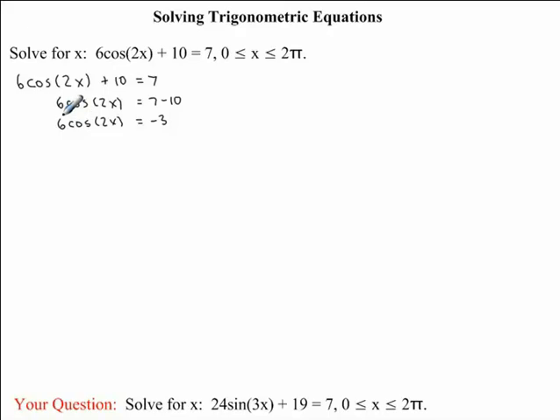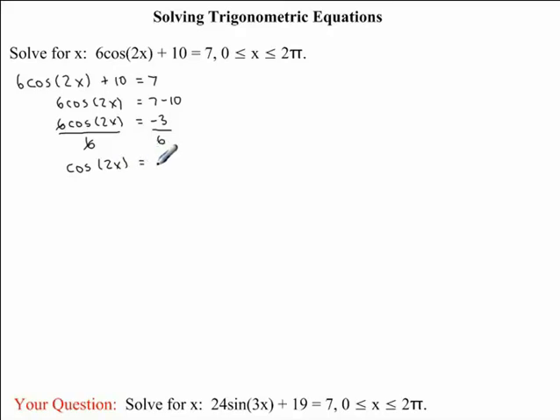Now we need to get rid of this 6. The operation here is multiplication. So to get rid of the 6, we need to divide both sides of our equation by 6, since division is the opposite operation of multiplication. 6 divided by 6 will give us 1, so these cancel out. And we are left with cos of 2x